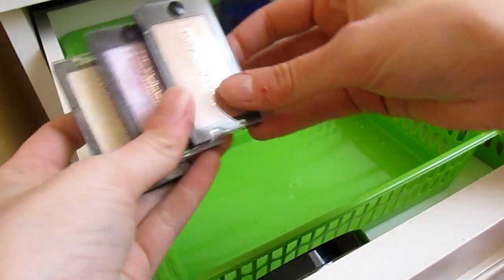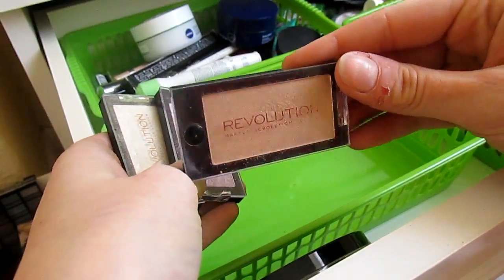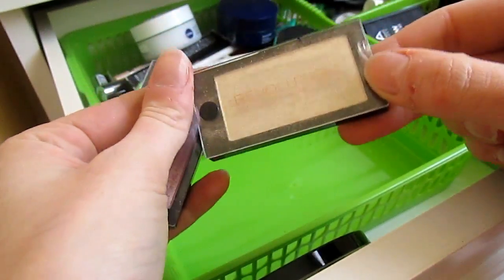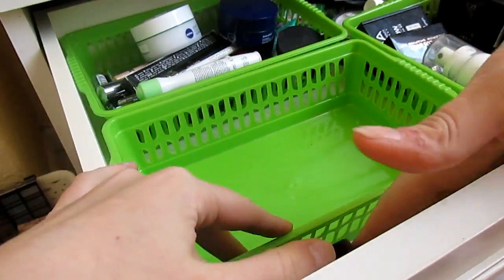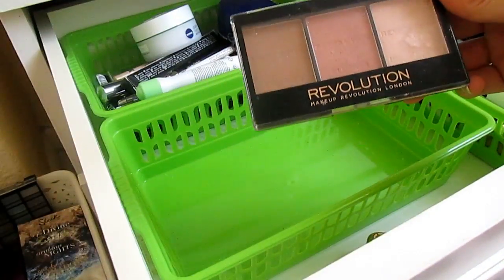And then I have my Makeup Revolution highlighters. So I've got Hidden Lights, which is a really nice gold, Pink Lights, which is a purpley pink, and then Golden Lights, which is kind of like white with gold shimmer in it. And just down here, in this little space that I've got here, I have my Makeup Revolution Ultra Bronze, one